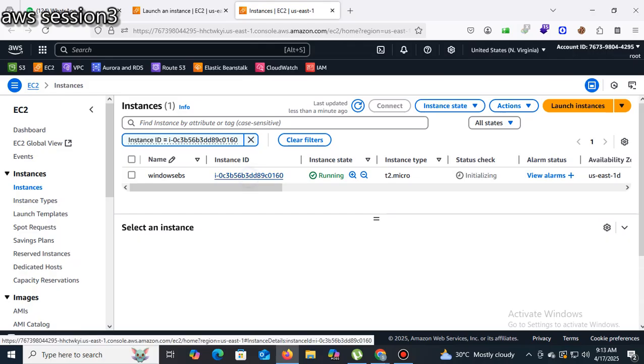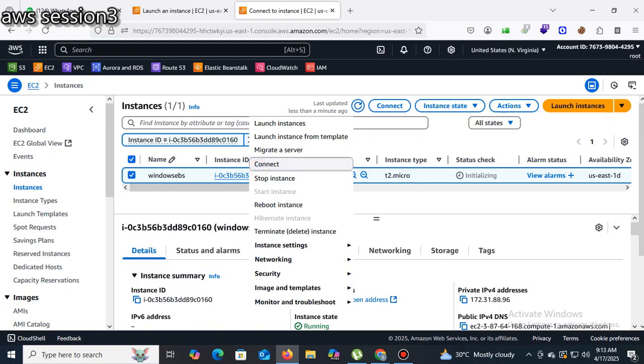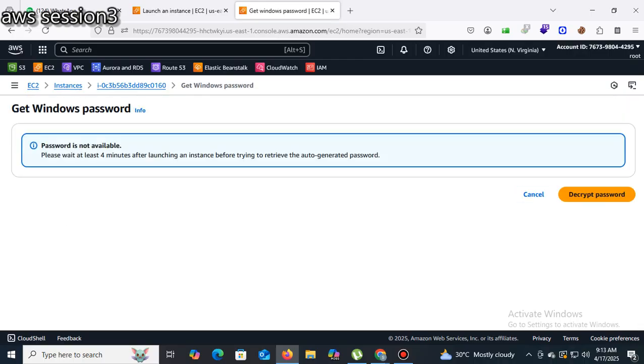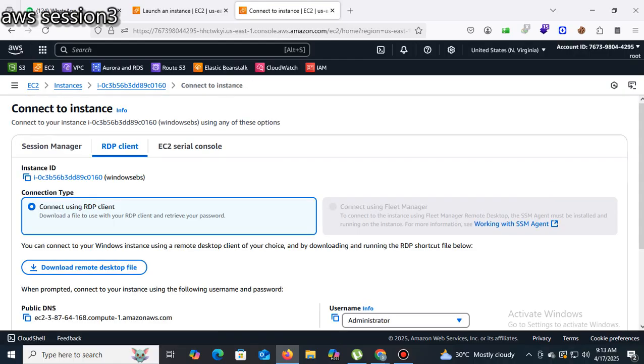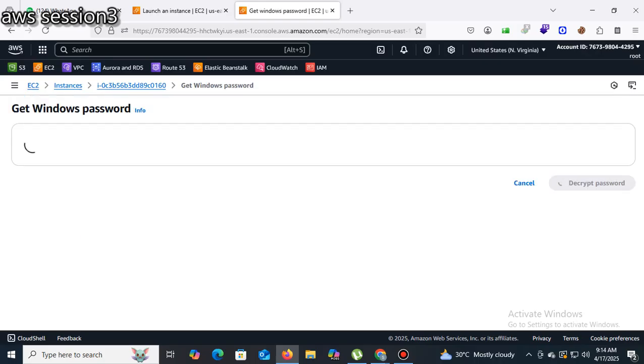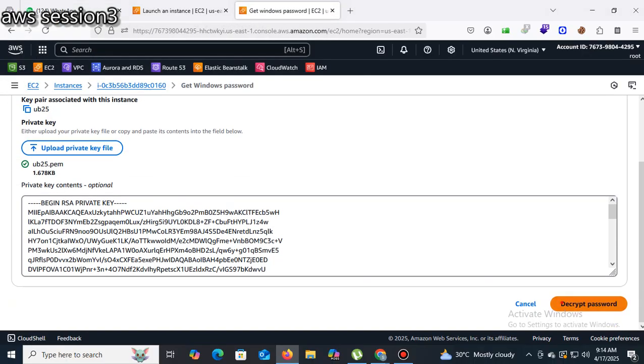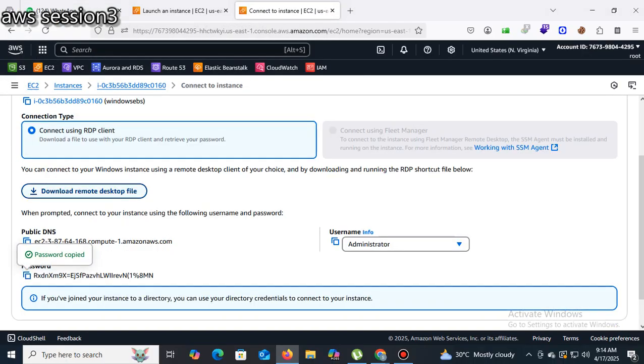To connect, right click the Windows instance, connect. Click on RDP client, get password. Wait for some time. Now upload the private key which we added, then decrypt, then copy the password.